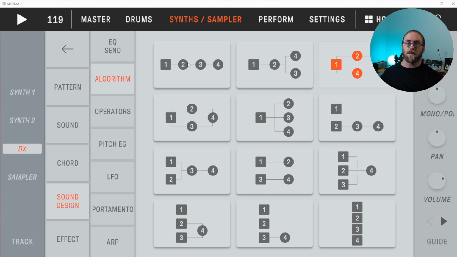So this one doesn't actually make sound, 1 actually makes a sound, but 2 is modulated by 3 by 4. So just when you start out with FM, it's really just picking a sound. Does that sound interesting? So you go through and test out each one, but once you start getting more into